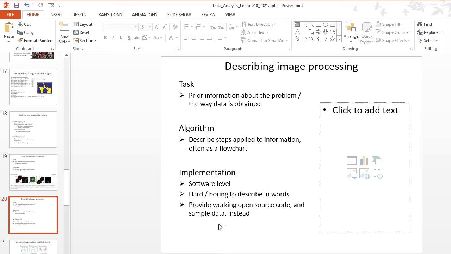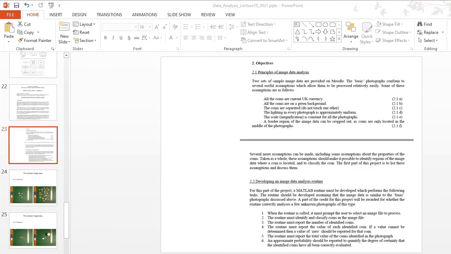That's really helpful for people to have. But if you provide the sample data or all the data and a Matlab script, you can, in practice, when you're publishing things, get away with just a very brief flowchart in the actual paper or article, and that's helpful. Good. Let's go on to look at a particular example of image processing